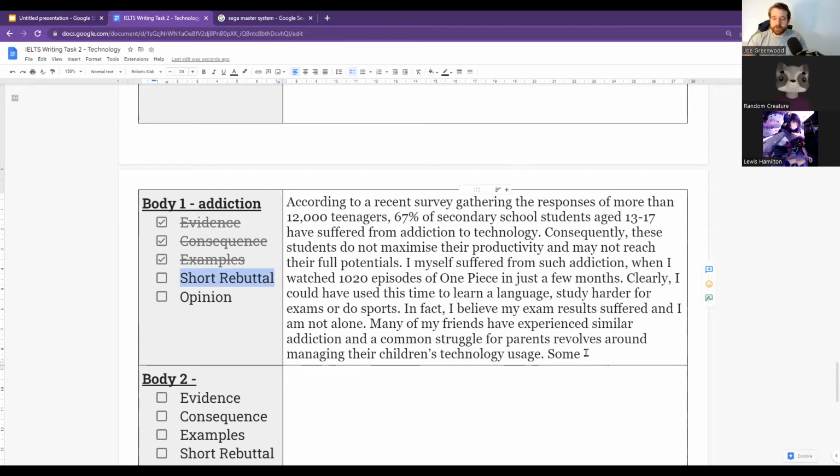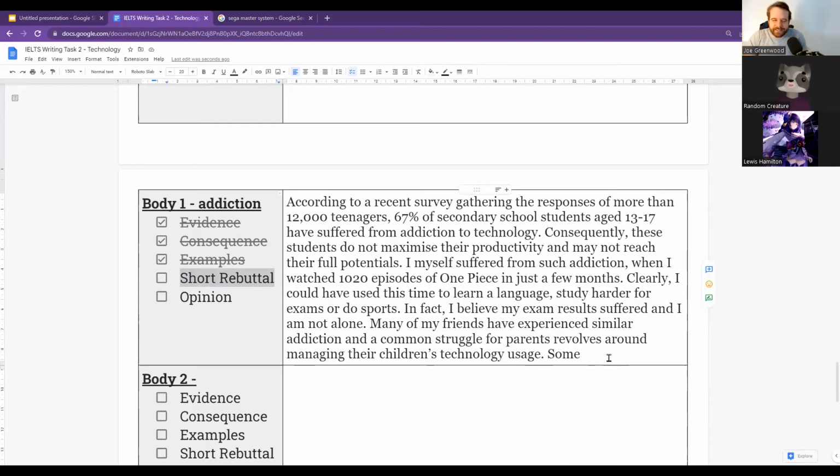Zhao in 12 pulls. I don't know what that means. Random creature. Zhao in 12 pulls. Do you know what that means, Jenny? Oh no, that's you. You are random. Yeah, that is me. Oh, you guys are talking about Genshin Impact. Yes. Stop chatting about Genshin Impact in the chat. Oh my god. Look at this. You see, even in this lesson, you're suffering from the addiction of technological advancement. You're not even listening to Mr. Greenwood because you're so addicted that even when you're in a lesson, you are